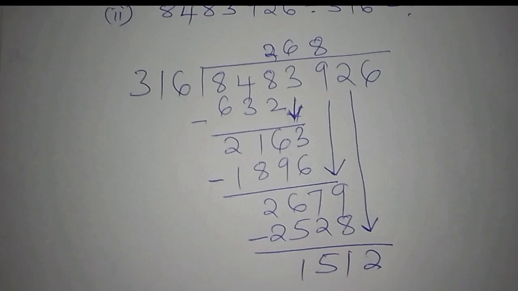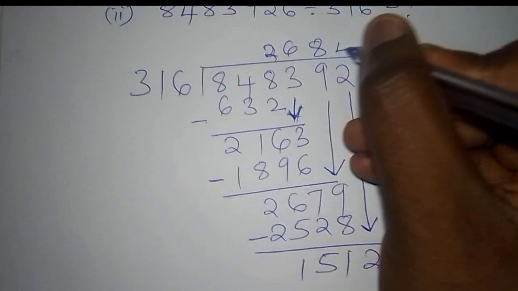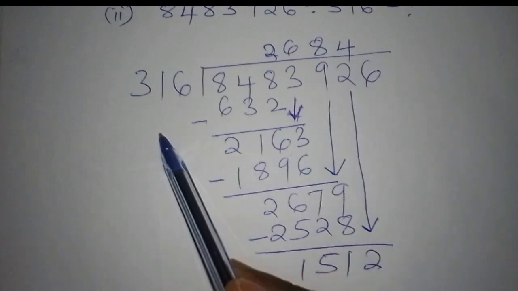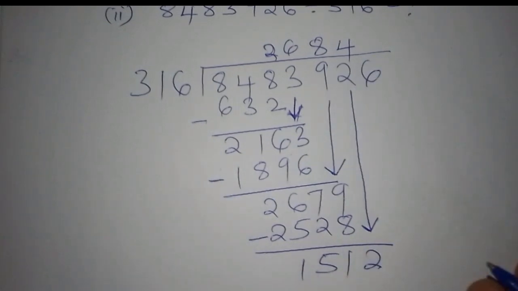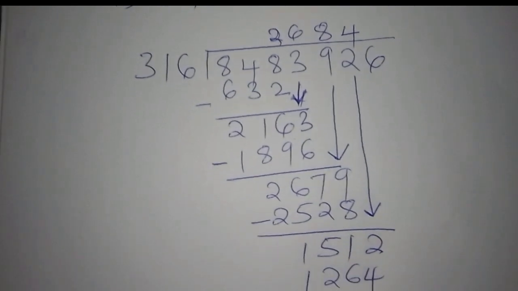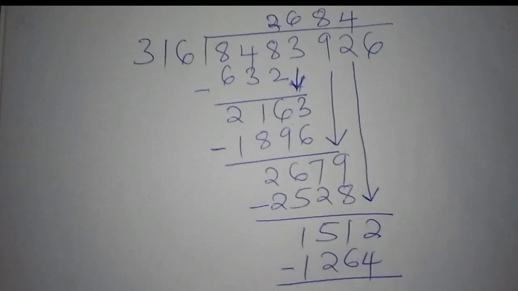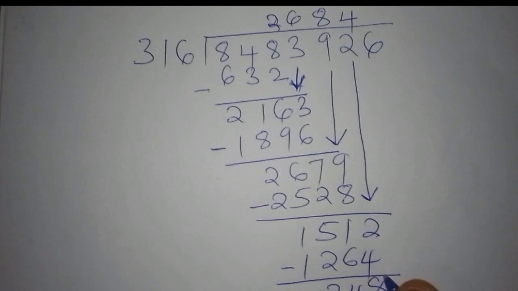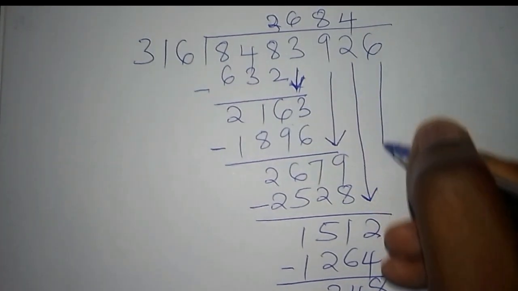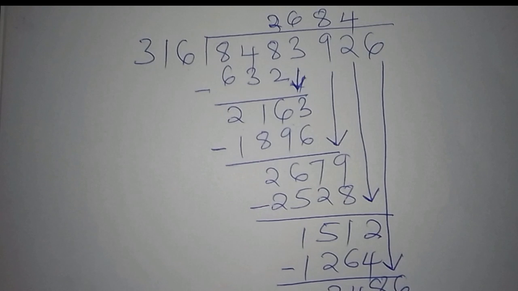1512. After we have 1512, we check how many times 316 goes into 1512. It goes 4 times, and 4 times 316 gives us 1264. So we have our 1264 there. From there again we subtract the difference of those two numbers, then we have 248. From there we drop the final one, that is 6. So now it becomes